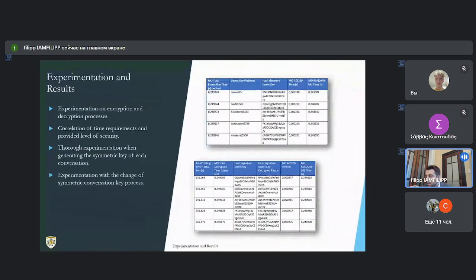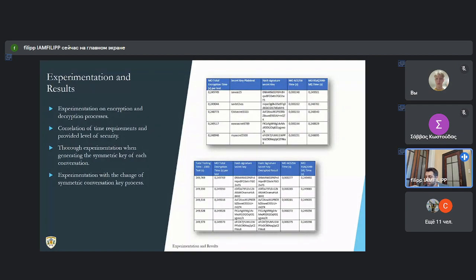Now, as previously mentioned, in conjunction with the development of the system, a detailed and in-depth study of the time requirements of messaging, key generation, and encryption and decryption processes was carried out. In this slide, we can observe a glimpse of the tests that were carried out as part of the total experimentation.